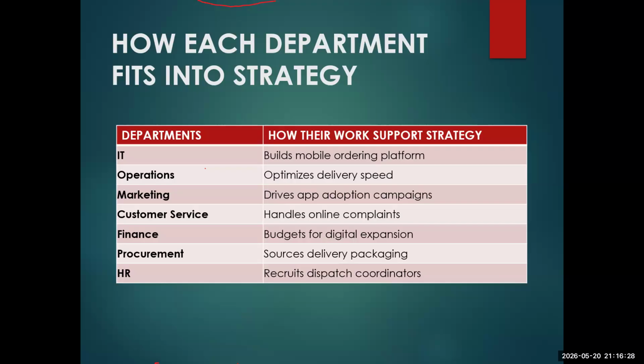This is where the BA can come in and start thinking clearly: this is the solution we want to build for you. We'll build an ordering platform. But one of the things we have to work on is to ensure that delivery is much faster. We'll help the marketing department to drive the application adoption campaigns. You can now drop a clearer picture of your mitigation plan. What do you want to give to them? With this, you can now draw a future state process flow.